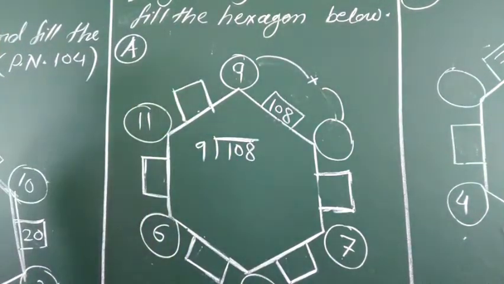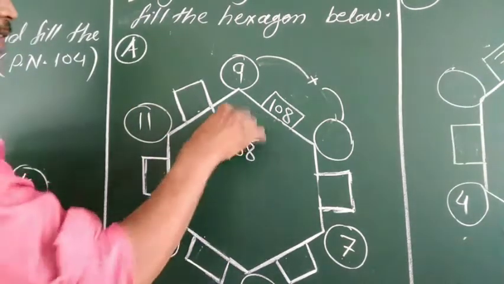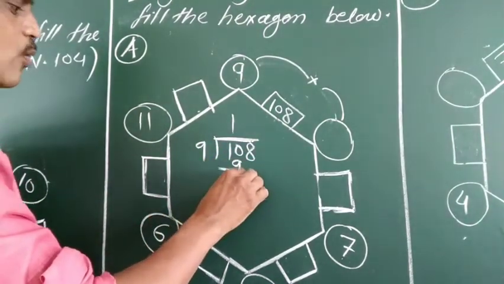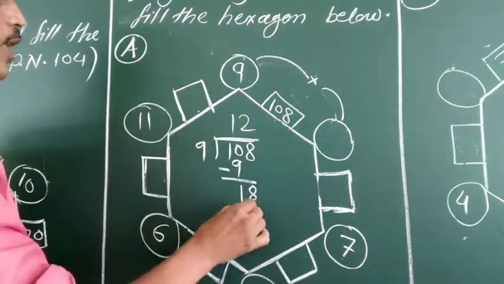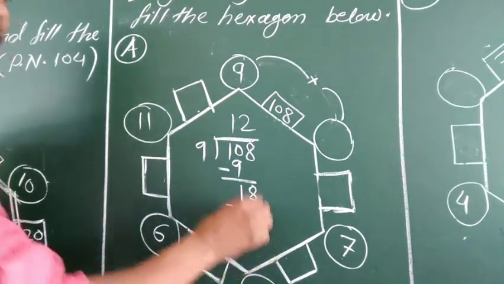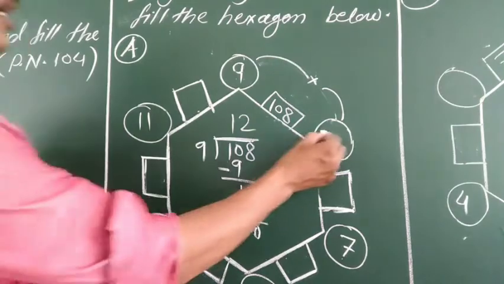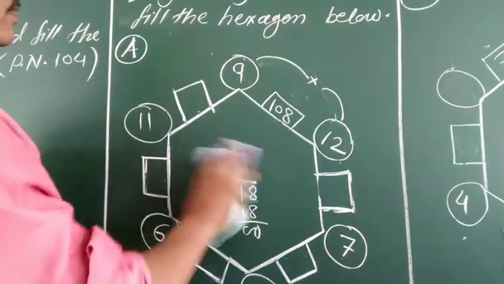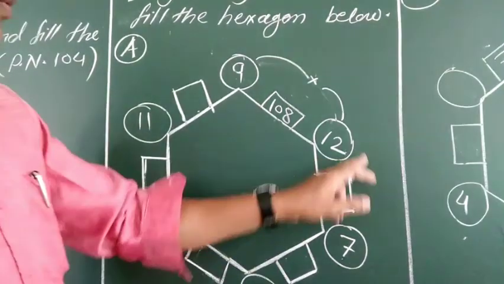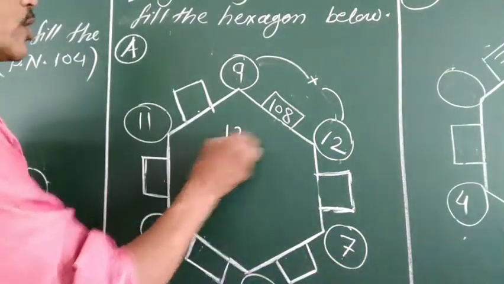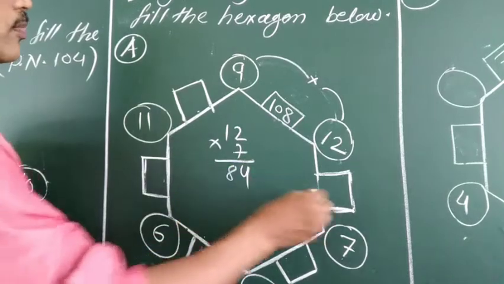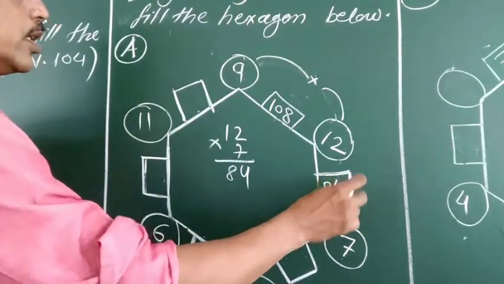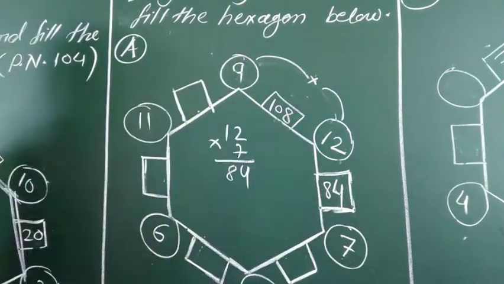चलिए 9 से divide करते हैं फिर इसको. देखिए 9 1 जा 9. Now 10 minus 9, 1, it is 8, 9 2 are 18. So what is this? It is 12. Then next. Now see, it is 12, it is 7. So 12 into 7, it is 84. Then next.